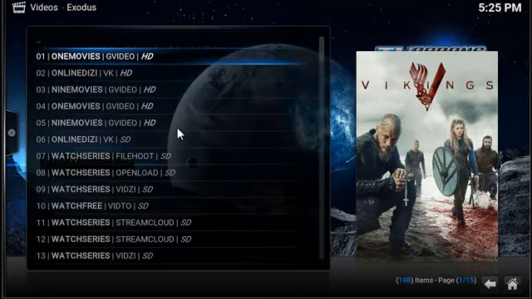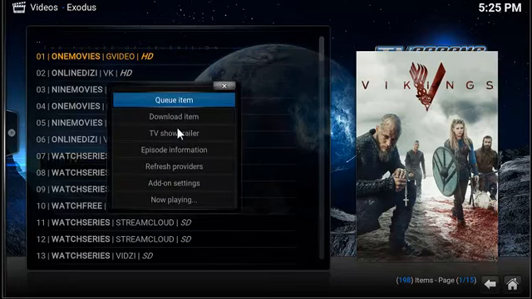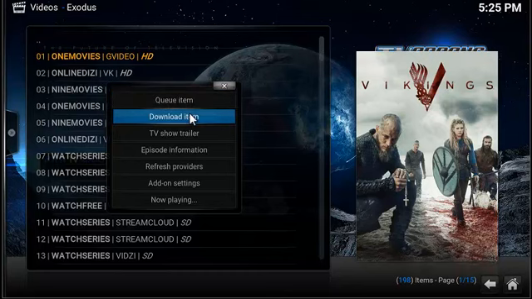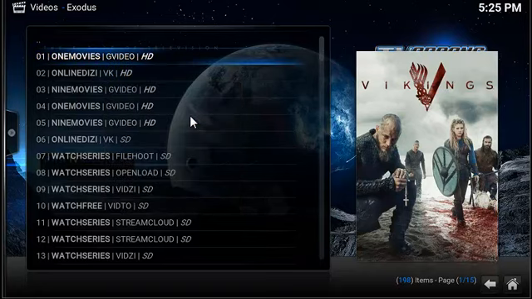Now there's a few different ways to actually initiate the download depending on what input device you're using. If you have a keyboard or a remote control keyboard, then you would use the C key. Or if you just have the standard mouse, then you just hit that menu button. And then this submenu pops up, and then all you do is you would just select the download item. And actually, I'll start this one just so you can see. What happens is,